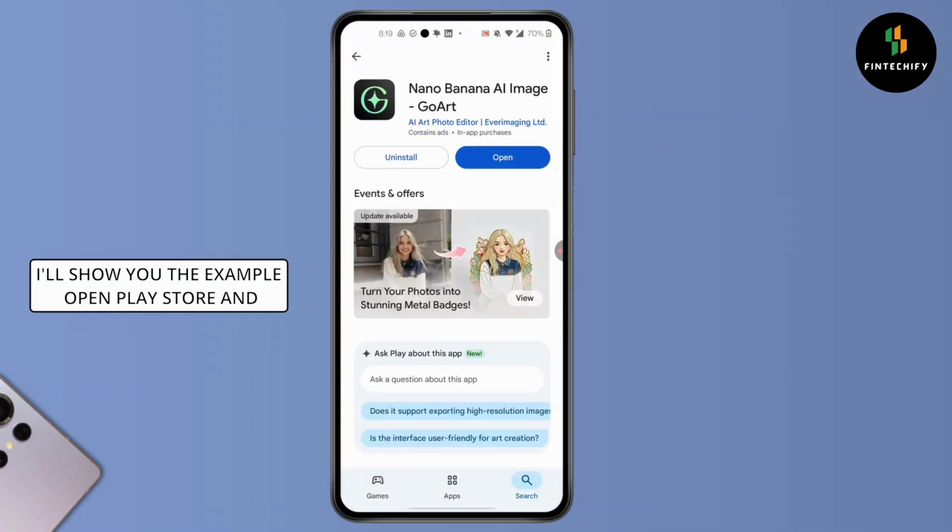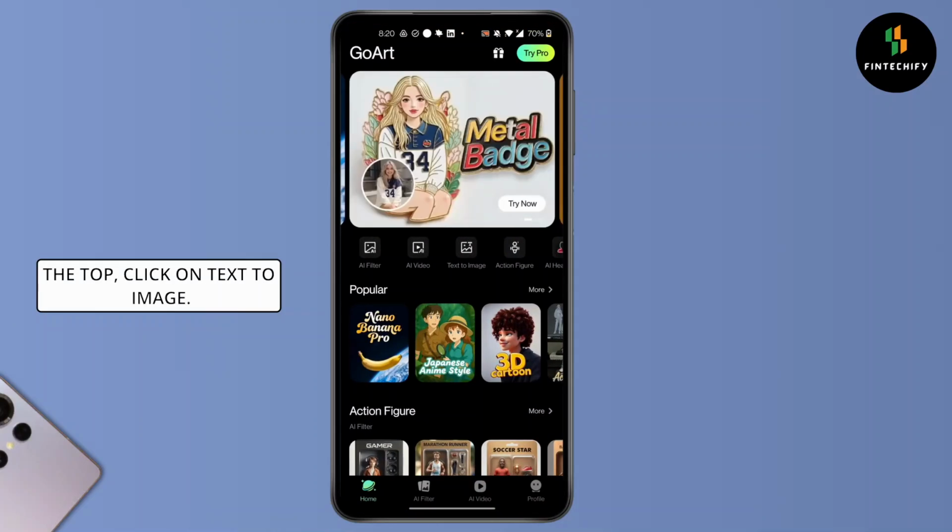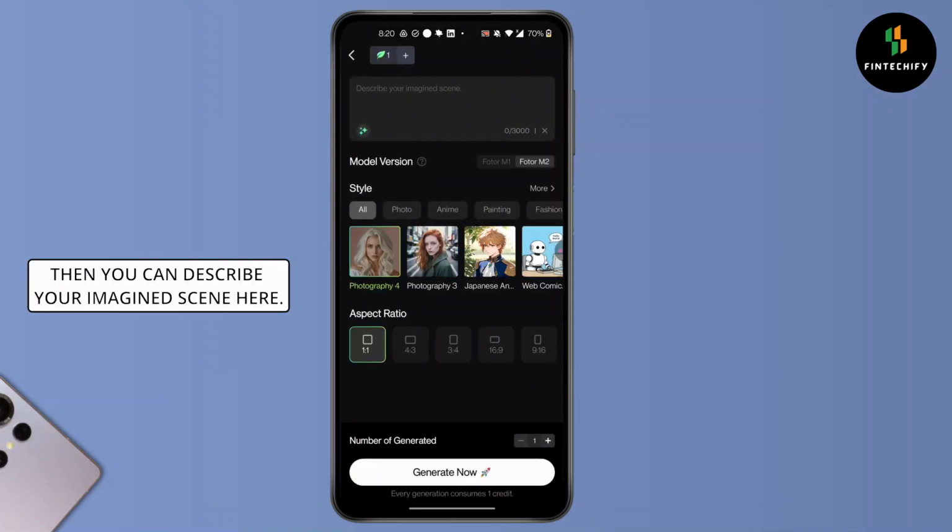Open Play Store, download Nano Banana, and open the app. Here you'll find text to image at the top. Click on text to image. Then you can describe your imagined scene here. You can simply type in the scene you want. For example,